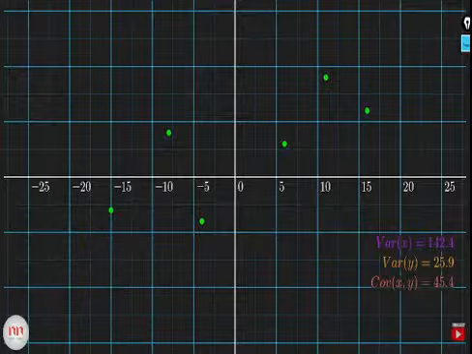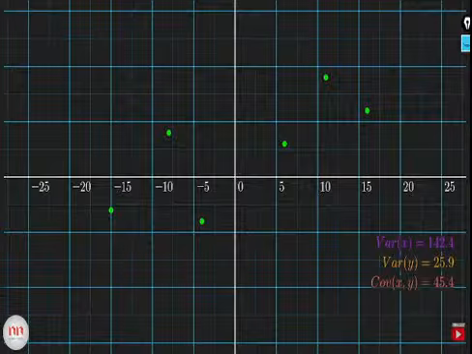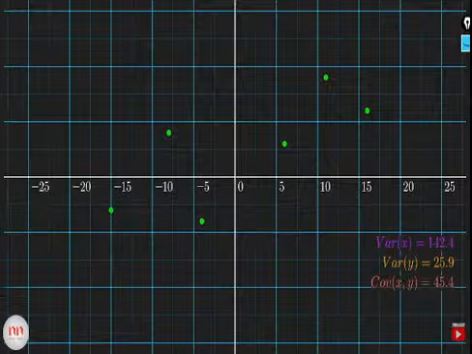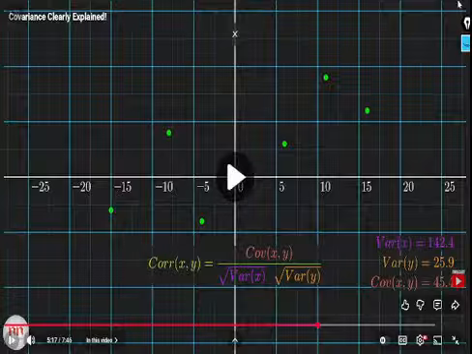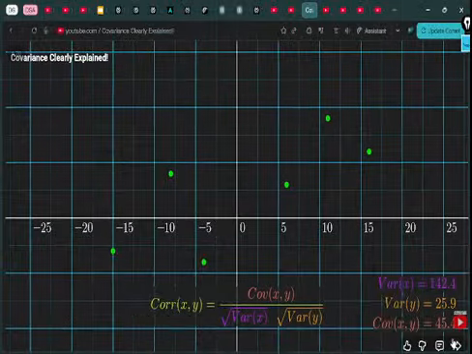As I said earlier, covariance only tells you the direction of the trend between two variables. It can't measure the strength of the relationship. To quantify the strength of the relationship, we can use correlation coefficient. And the formula goes like this. Notice that in the numerator, we have nothing but the covariance. And we are kind of normalizing this